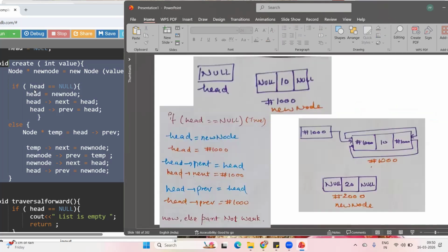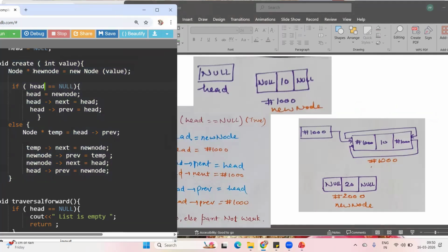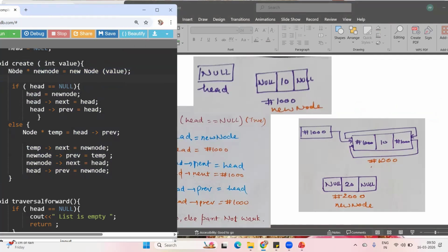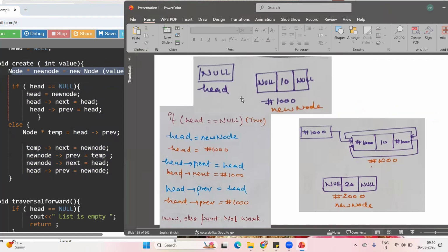Now let's check out how this program is working. So in this, basically, we have written here a new node. Okay. So right now head is null. So we have created a new node value. We have given this. All right. Now here you can see,